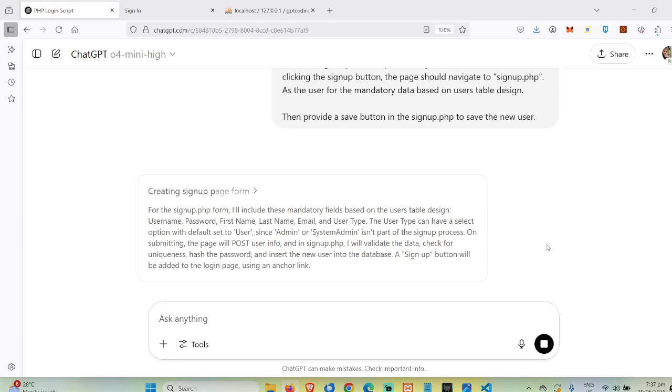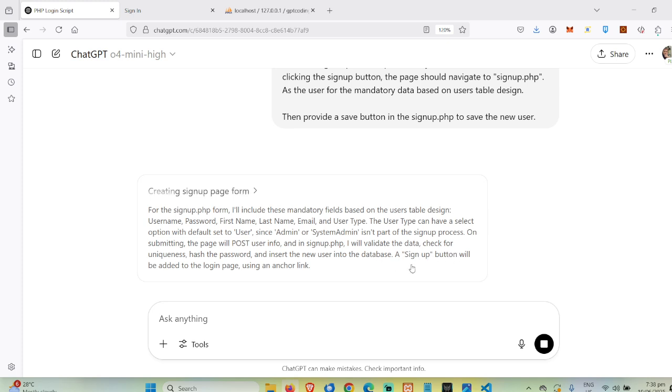Okay, it has anticipated. Maybe it should be providing a pull down menu to provide the choice between user, admin, or system admin. It's using a POST for user info for the signup.php.